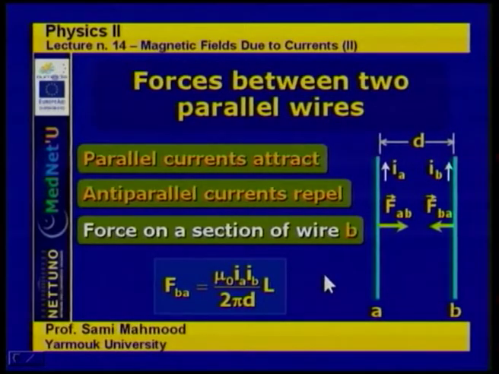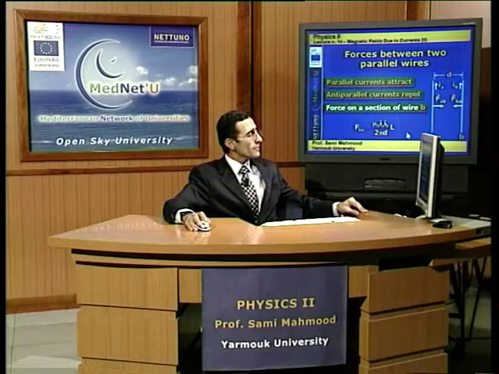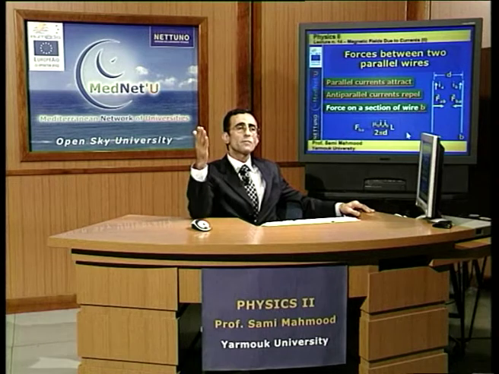So this is the magnetic field, and the force exerted on a straight wire of length L carrying current is equal to I times L cross B. And thus, IB is the current of the second wire, times L, the length of that section of wire B, times B, the magnetic field applied in that region of the wire, which is mu naught IA over 2 pi d, the magnetic field due to the current I in wire A. So this is the magnitude of the force, and L cross B is simply L magnitude times B magnitude,